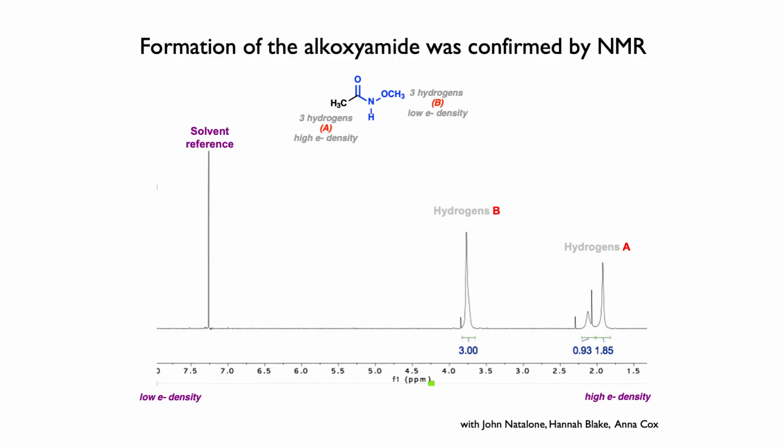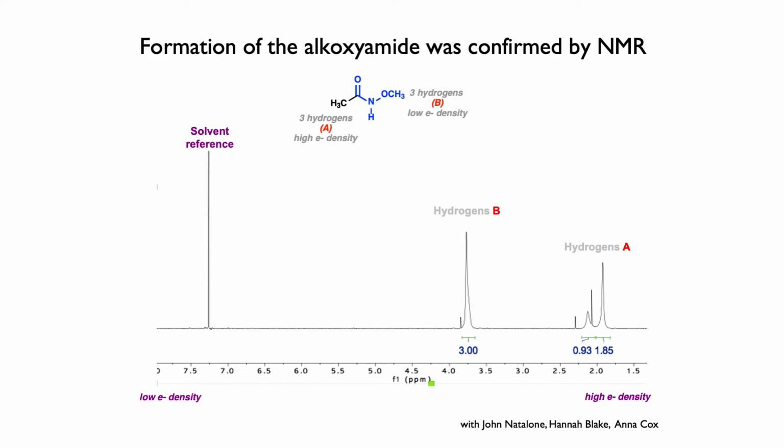The other nice thing about NMR, besides telling us the electron density around atoms, which allows us to piece these structures together, is that it knows how many of a particular type of atom we have. We can take the area under these curves, or in other words, integrate them, and it will be representative of how many atoms correspond to that signal. So this integral is 3 because there are 3 hydrogens. And this peak is actually made up of 2 four hydrogens A, but they come out to about 3.